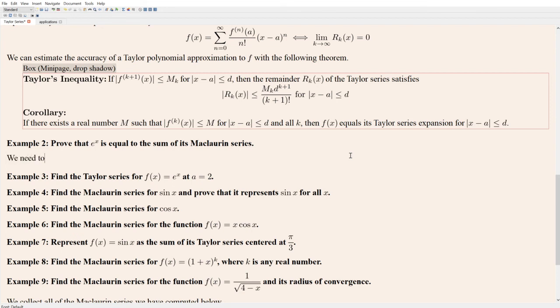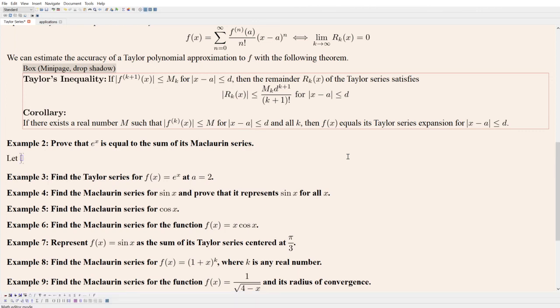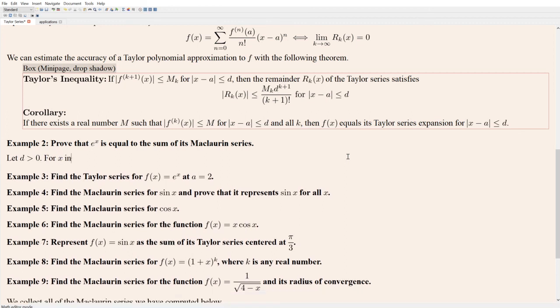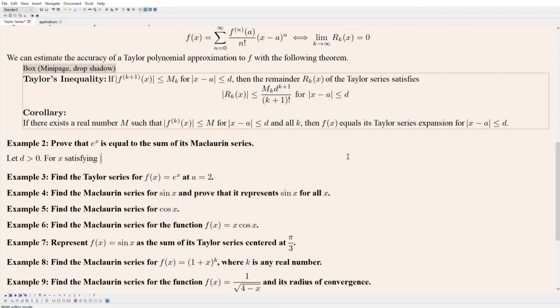So we need to show... Okay, so let's start, because x needs to be within some range. So let d just be any positive number. For x satisfying, in this case it's Maclaurin, so a is equal to 0, absolute value x less than or equal to d,